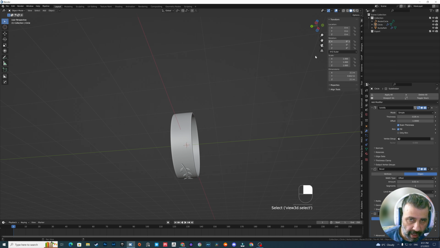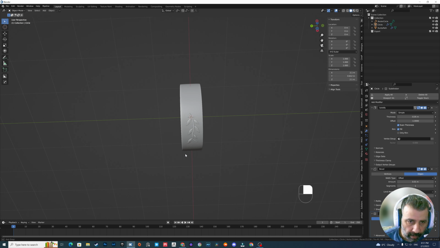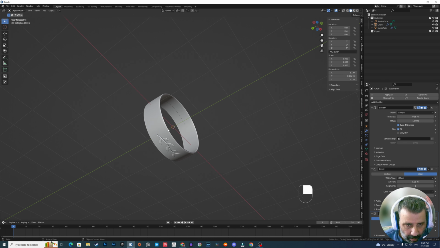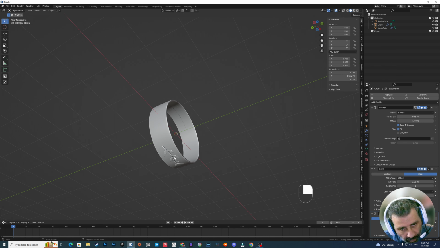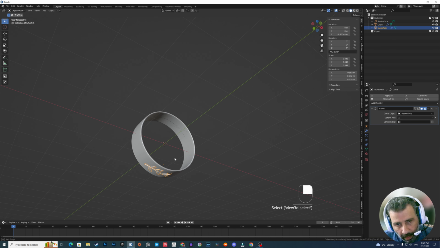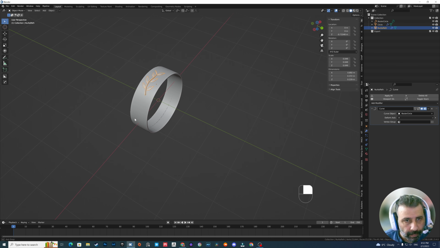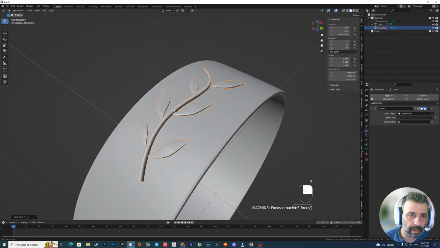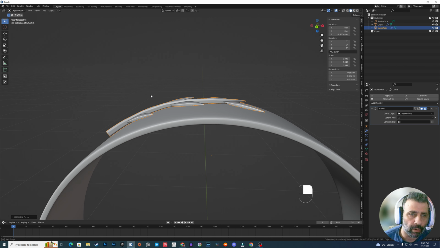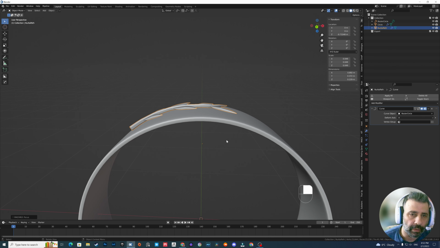If you enable cavity, you will have more details and a better view of what you are doing. Now we have this. It's almost good. Basically, like this. It's the way we want to add it to this ring.